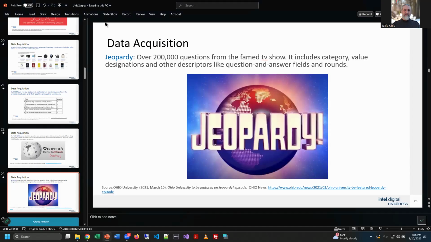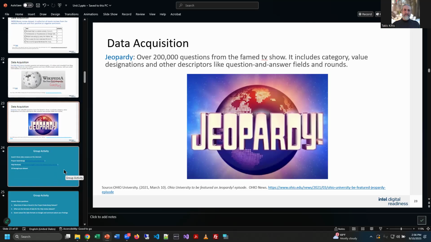But the people that run that show somewhere have a database of that, and they keep track of it, right? And I think that's pretty fascinating. So that's probably a pretty valuable data set, right? Because somebody did all this work of making it a question and an answer. How valuable would that be for a search engine? Huge, right? Because then they don't have to code it. It's already all typed up. That's kind of the thought here.